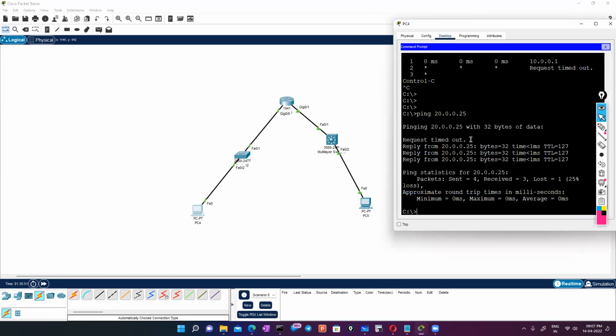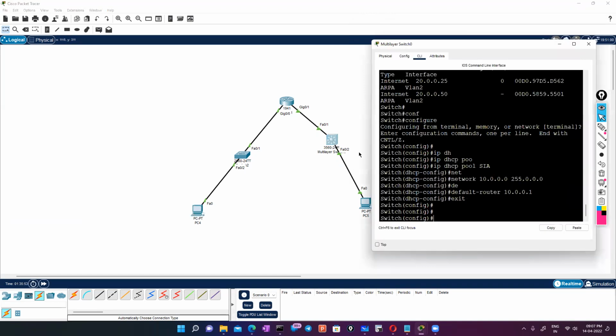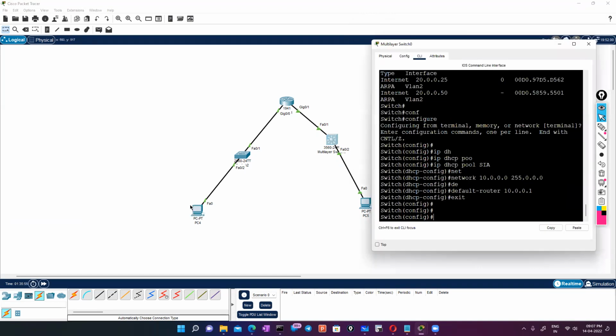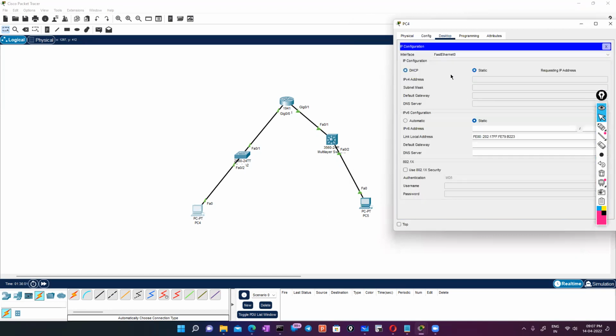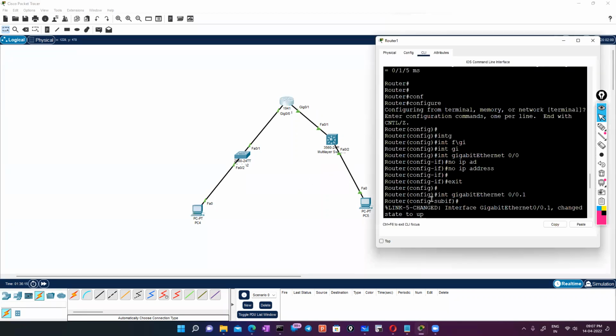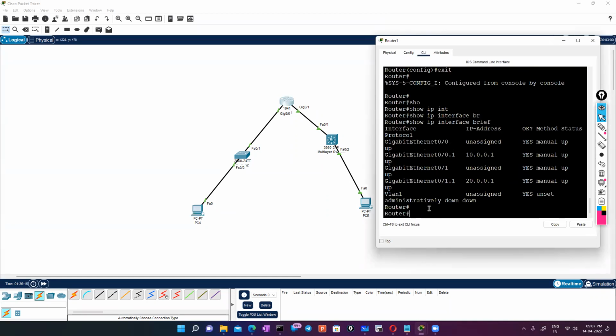Okay, I get a reply back. So it should get an IP address now. Go back to the PC. Still failing. So this relay command is not working then. Okay, go back to,